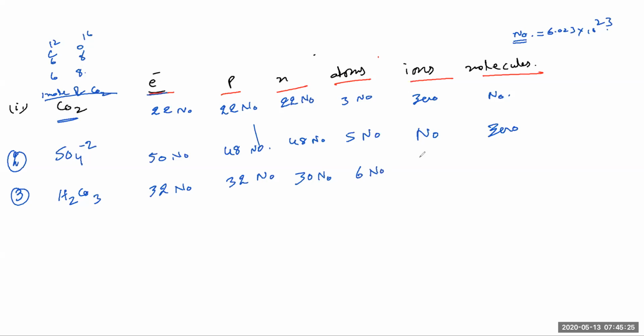Ions. But in this case, it is also given as a neutral molecule, right? Okay, if it is dissociated, if the question itself asks for dissociation, then we consider the ions. Now no need for ions, it is a molecule, so 0. But molecule is 1 Avogadro number. Next, fourth. Yeah, what is the fourth one?